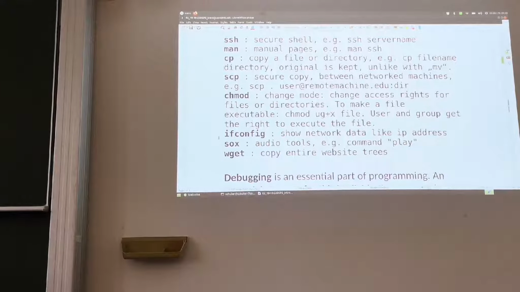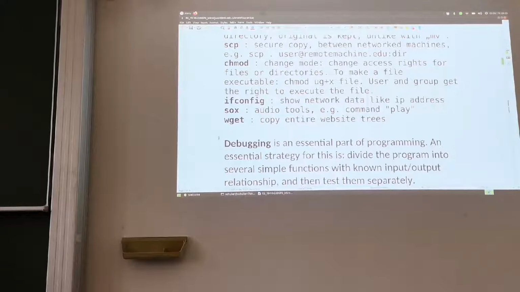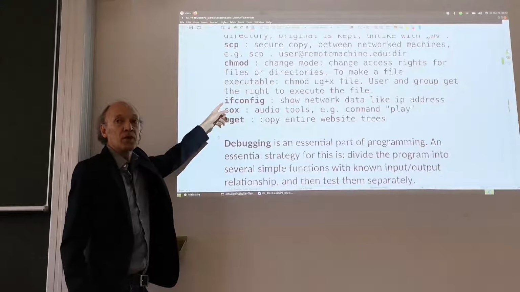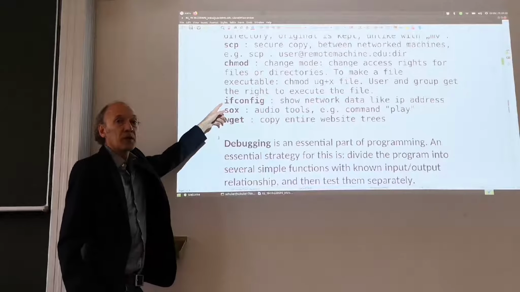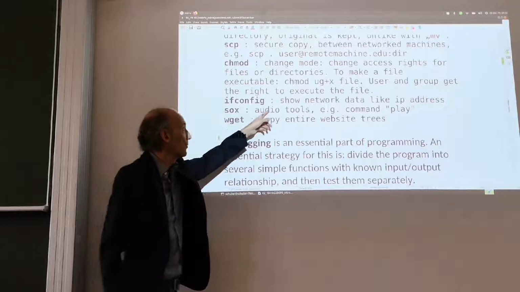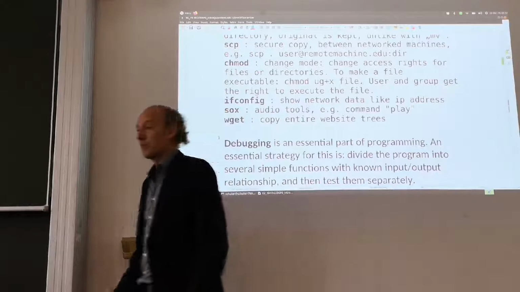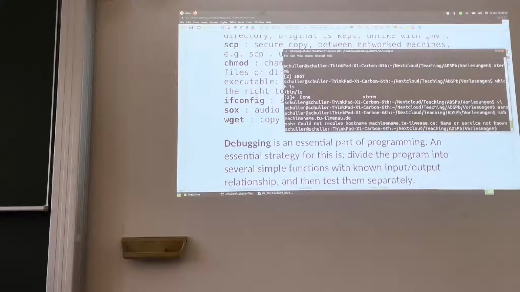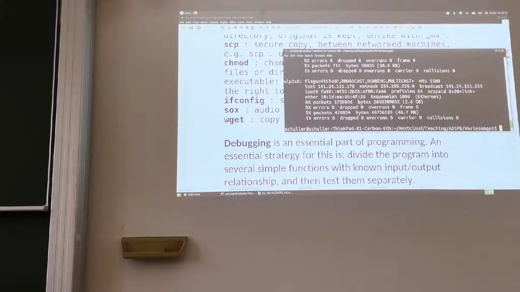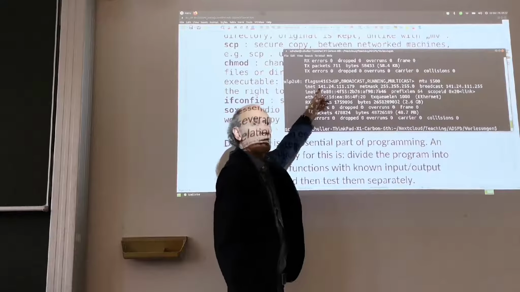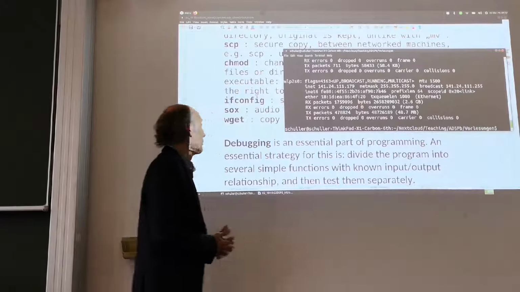Yeah, ifconfig. It's useful if you want to access your machine from external. If you want to access your machine from external, from some other computer, this shows you the local IP address. So in my terminal I can type ifconfig, and here it gives me information, and here you can see my internet address. So this is my internet IP address, and I have